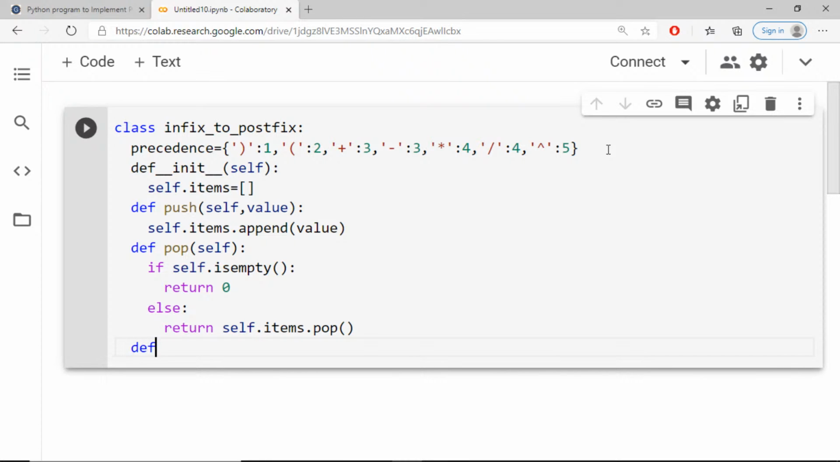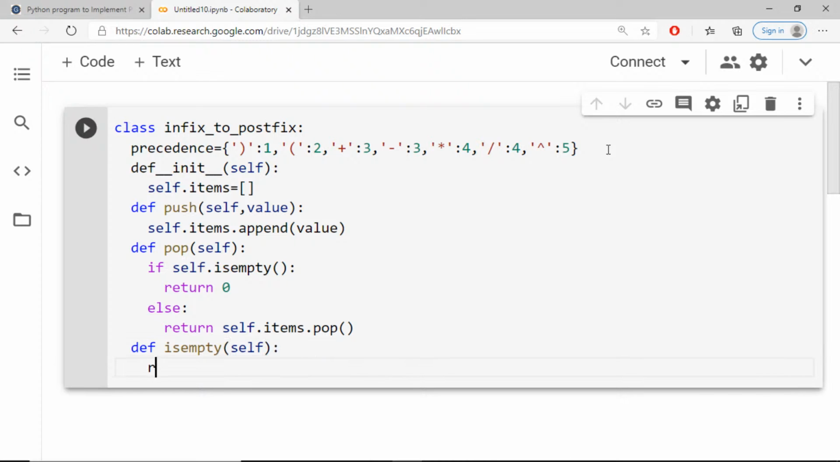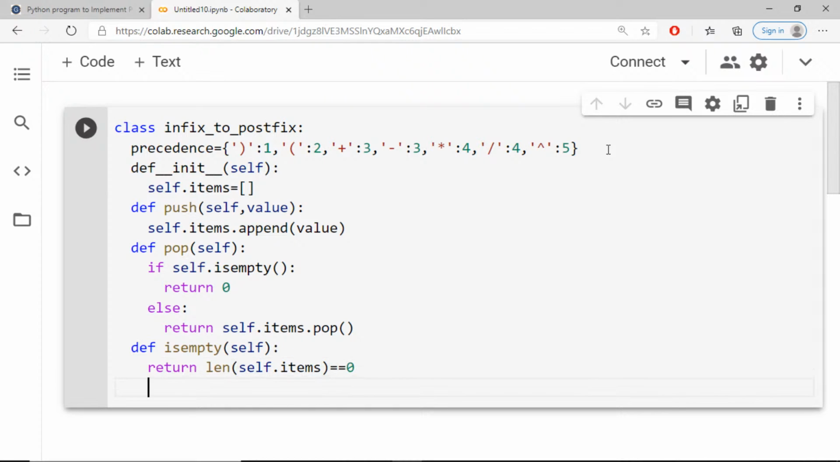def is_empty. I need to define is_empty, self, return self.items, the length of items now. Length equals to 0. Okay,